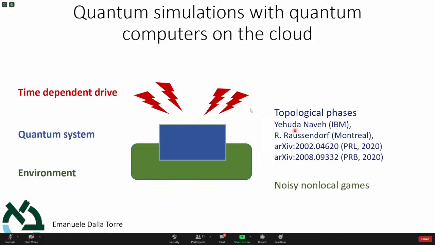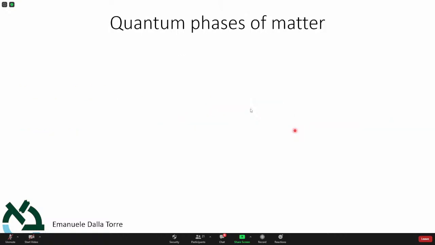So what is the idea? The idea here is, can we do something useful with quantum computers? In particular, can we use quantum computers to simulate some complex physical effect? Let's forget about algorithms. Let's forget about Shor and numbers. Let's think of this as a quantum system. Can we use these quantum systems to simulate another quantum system? What we proposed in particular was to study an effect that is very important in physics. I guess most of the people in the audience are physicists.